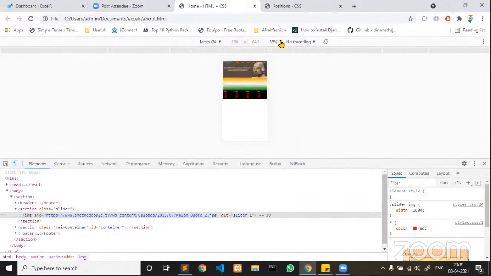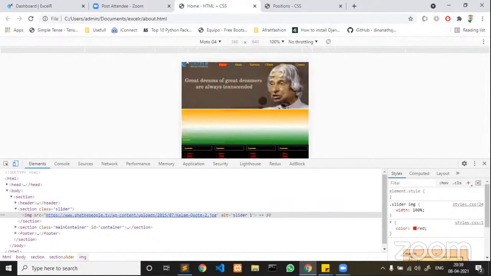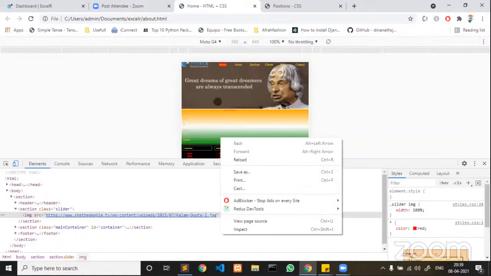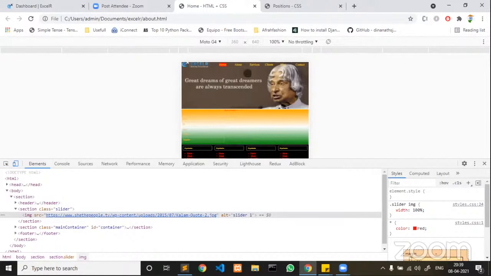Now, if you go for a Moto G4 and the width is 100%, you see there is some text which is not even visible to end users at all. Understand, guys? This is a web page that you have created to explain about a company, but you can't predict